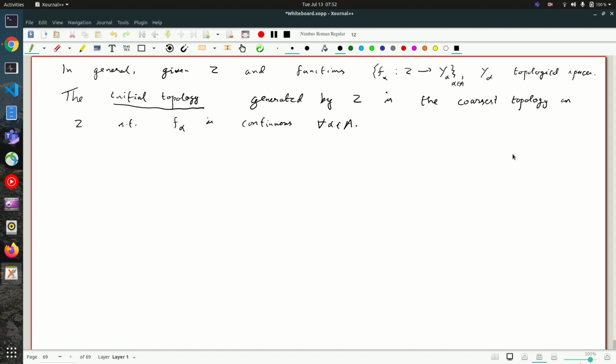Now there's a question that you must ask, which is, well, coarseness of topology is set containment. That's a partial order, not a total order. Why should there be a coarsest topology? Why should there be a minimum? In a total order also you may not have a minimum, you may have supremum or something, but in a partial order certainly not. So I mean, this is an issue. But then the thing is that intersections of topologies are topologies. So proposition, the initial topology always exists.